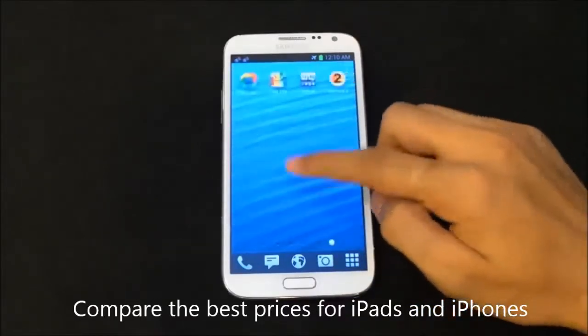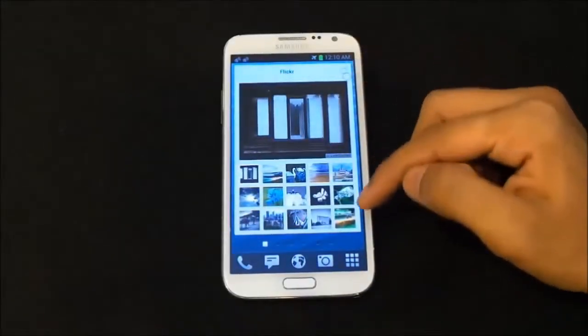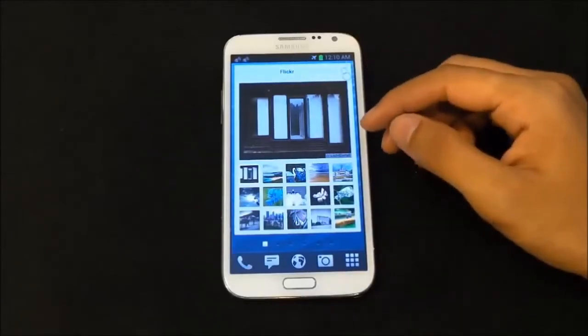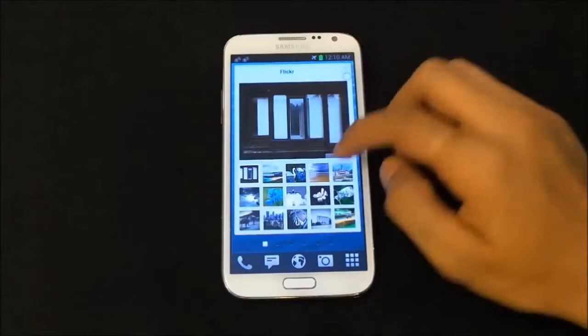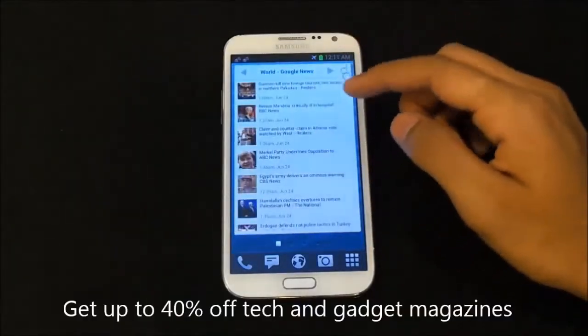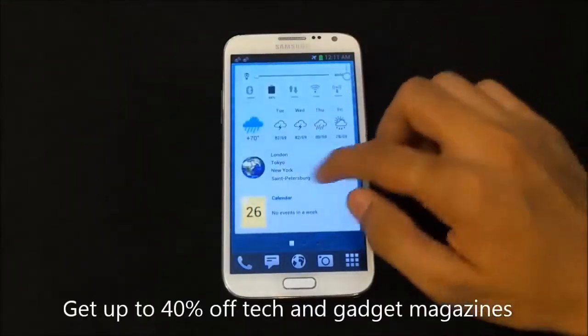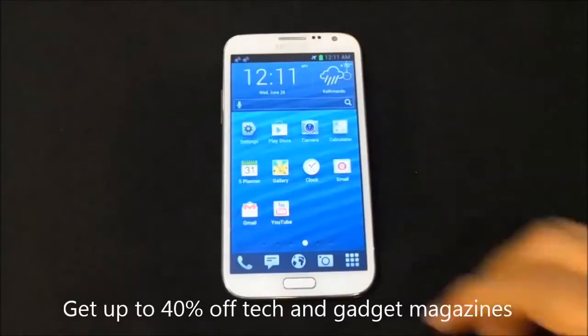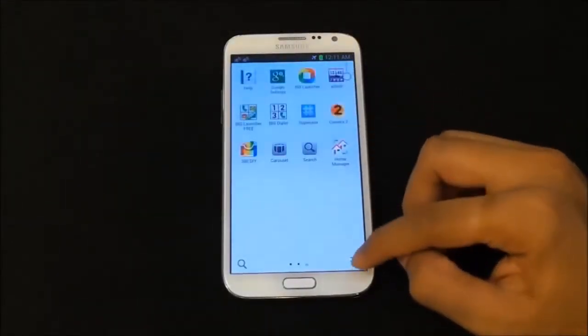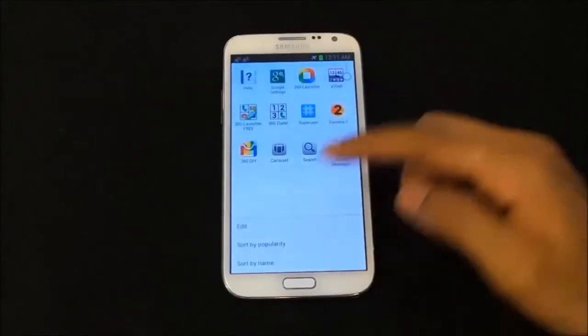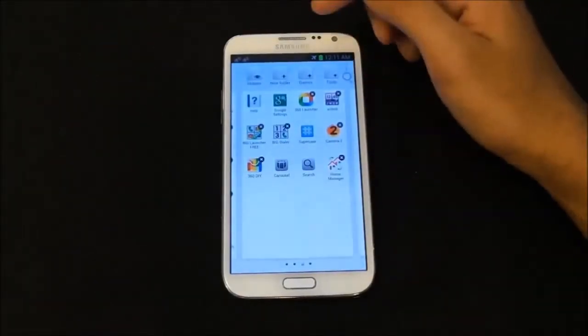So moving on, you have this full paged widgets, similar to what you get with the SPB Shell 3D. You can add additional widgets as well. So here you have your Google News, the weather, and so on. Moving on to the app drawer, here you have all your applications, and from here you can edit your app drawer. If you hit edit, you have additional